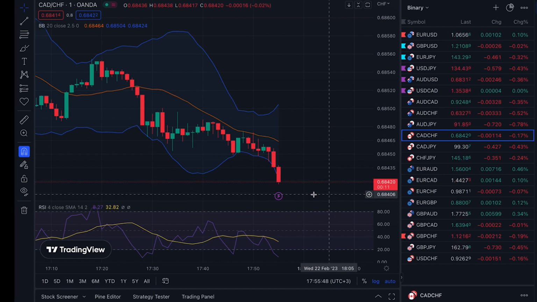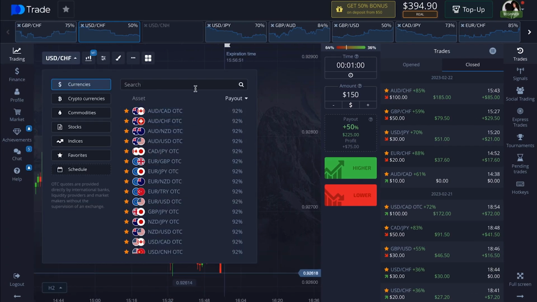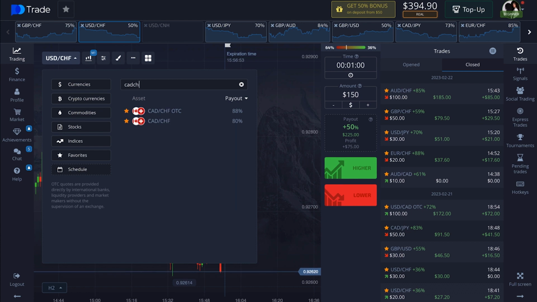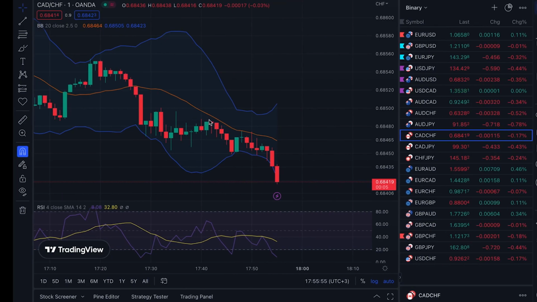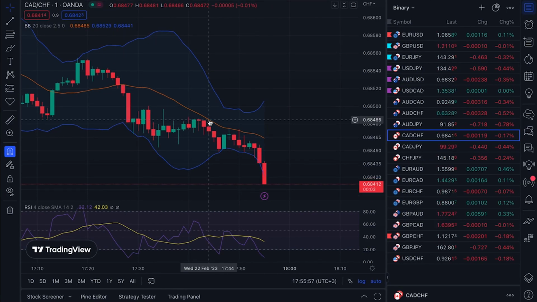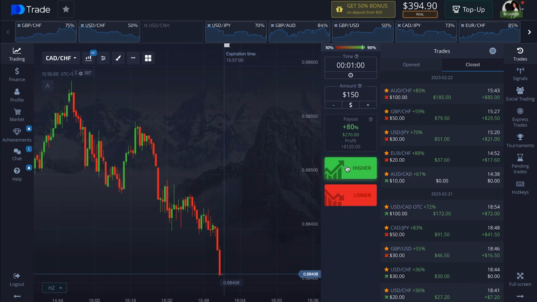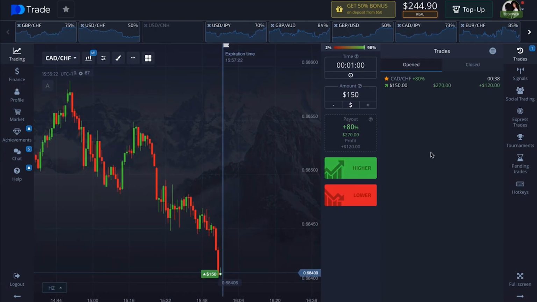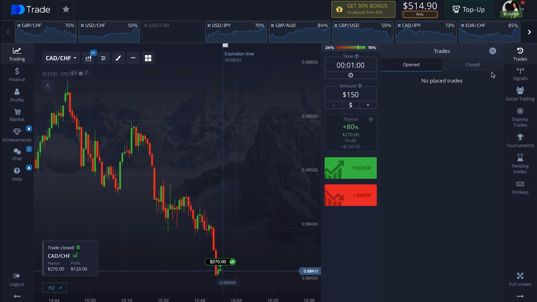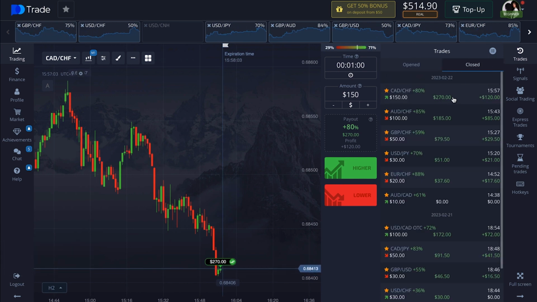If it's fixed below this border, I will open a deal to increase for 1 minute. We open our deal. Great, another deal has gone positive, and I think we will open the last deal with a price of $200,